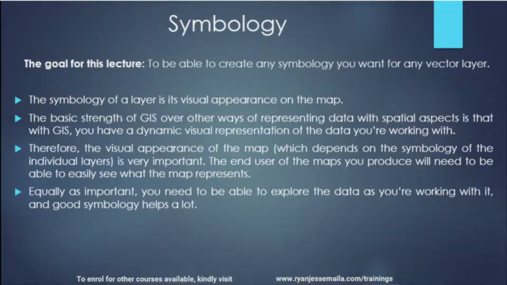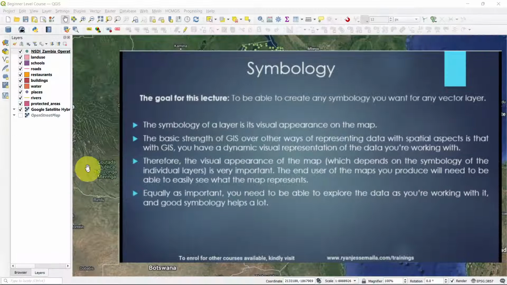Equally as important, you also need to be able to explore the data as you are working with it with good symbology so that you don't get confused, because you can have a lot of data. As you can see, we have to count this: 2, 4, 6, 8, 10. It can get crazy with more than 20 data sets from different sources that you are working with. So good symbology will help you not to confuse yourself as you are working on